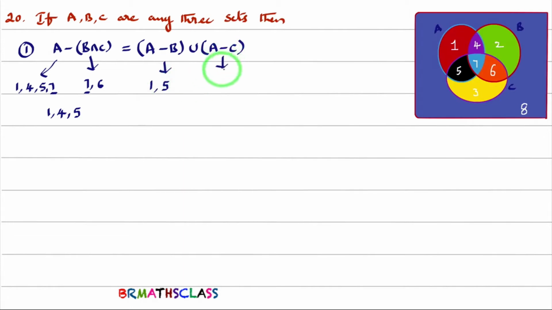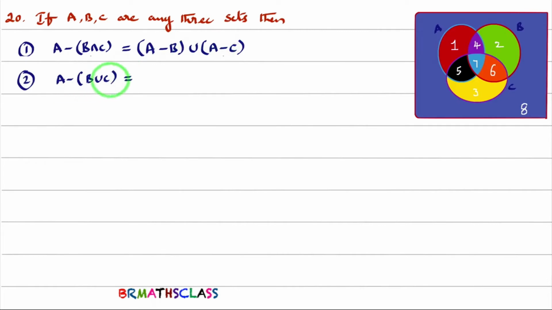Okay. What about A minus C? A minus C means all the elements present in A but not in C. You observe here. This is C. What is A minus C? A minus C is 1, 4. Correct? Okay. Now you do the union of these two things. So what about union of these things? 1, okay. And all the things will come. We won't write 1 again. 1, 4, 5. You can observe here. This zone is 1, 4, 5 in this diagram. And this zone is also 1, 4, 5. So from this we can easily understand that A minus B intersection C is same as A minus B union A minus C.